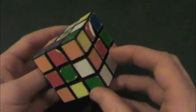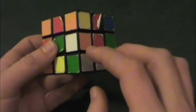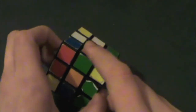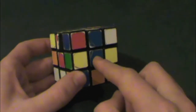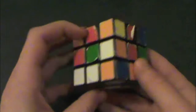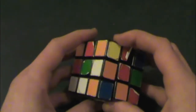Next, we're going to look for another white edge. As you can see, we have this one right here. Now, this one's not in the right place because where it's going to be when it's correct is up here between the orange and the white. So, since it's over here, we need to get it to a layer where we can move it freely. The only layers that matter when you're solving the white cross are the top two. So this bottom layer here, you can turn as much as you want, and you're never going to mess up this cross. So we get this piece down to our bottom layer, by just rotating it down,